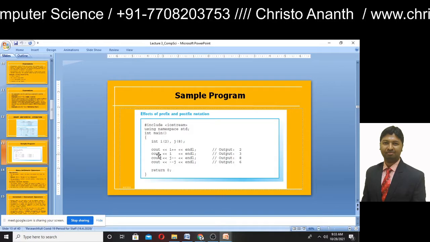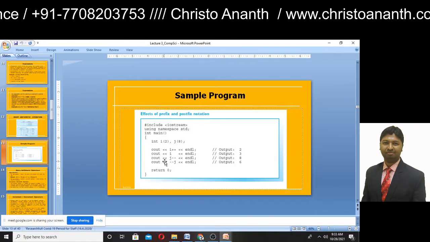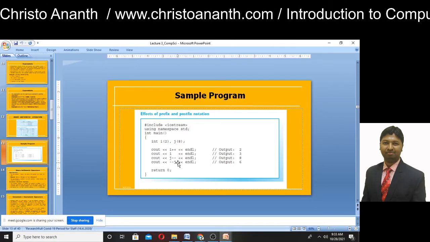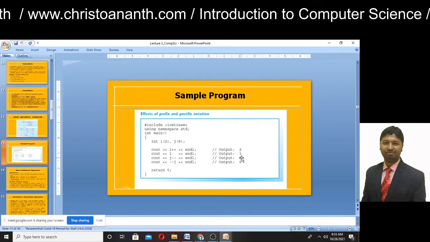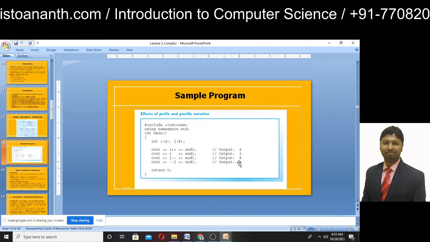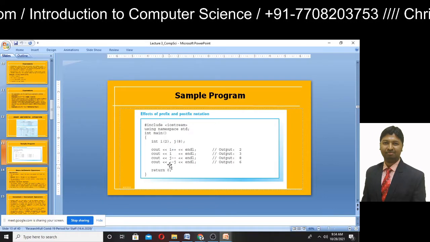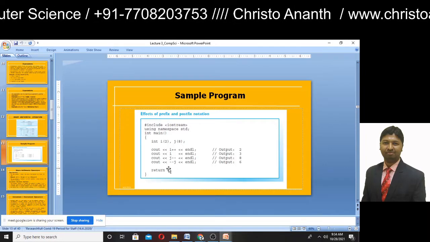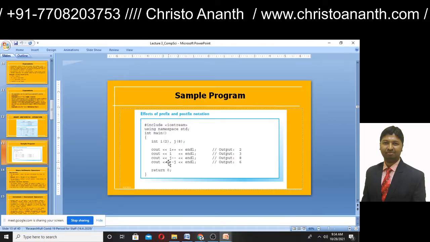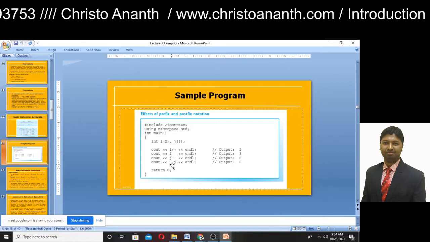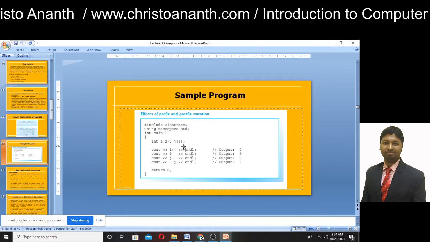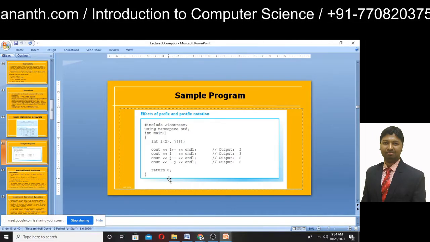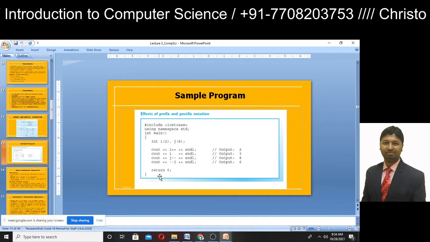For example, if it is i++, you are going to go with the i of 2 and j of 3. So the output is actually 2. If you are going to increment it, the output is actually 3. And afterwards --j. You are going to start with 8. So --j means this is decremented first of all. So 8 minus minus means it becomes 6. And finally, we are going to return 0.